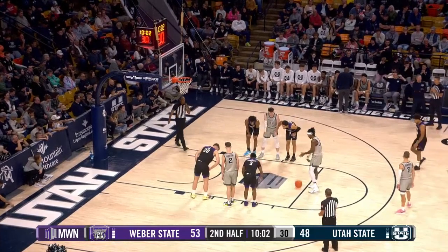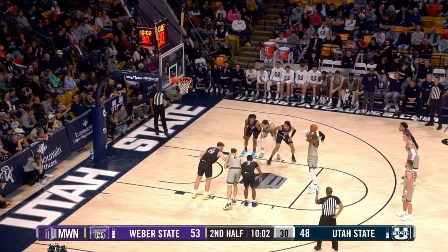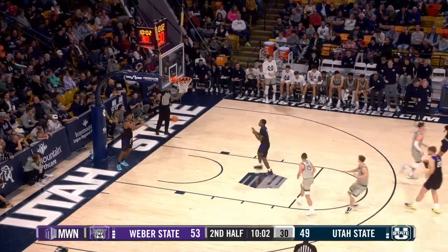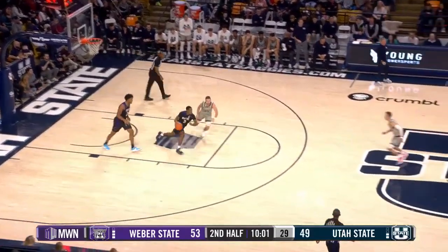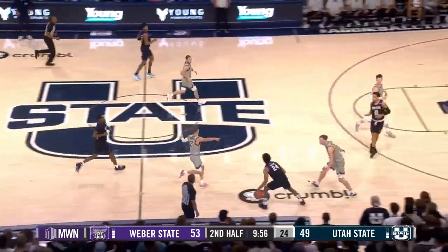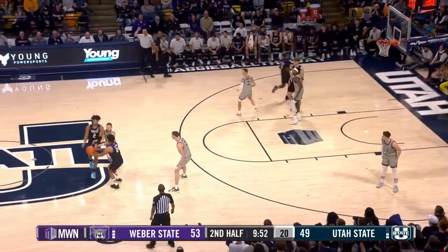Here comes the second free throw for Dan Akin, now 4 of 7 on the night from the free throw line. And gets it to go. All right, Utah State finally snaps that 10-0 run. They would love more points than just 1 point on that possession. Here comes the trap. Weber State able to cross the timeline. Ballard